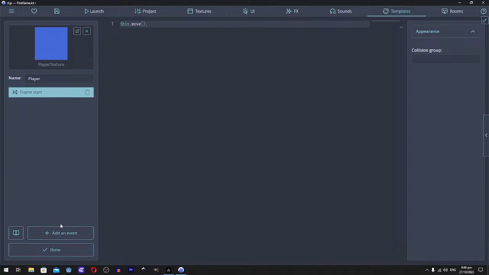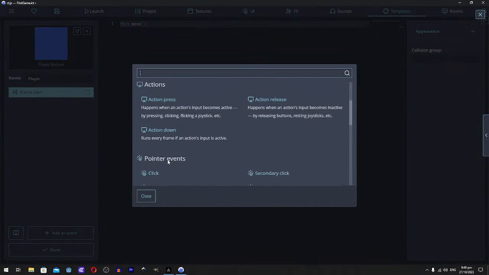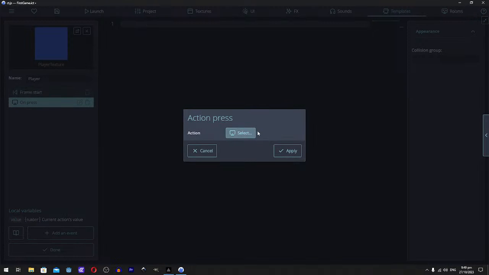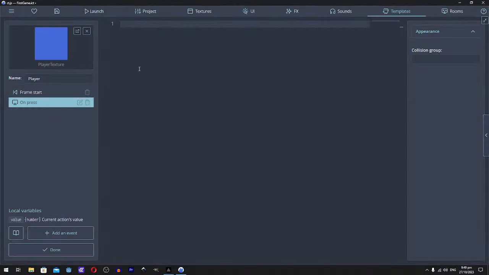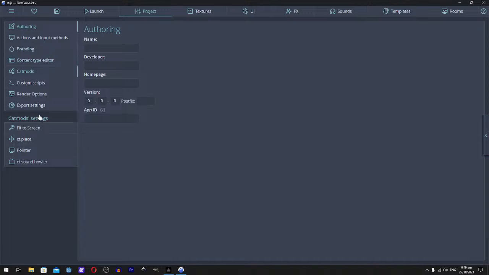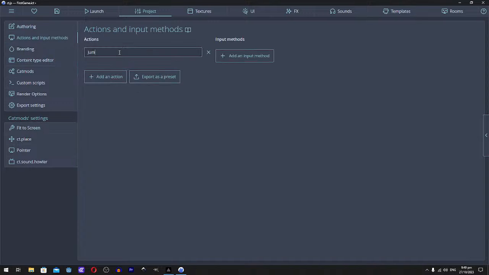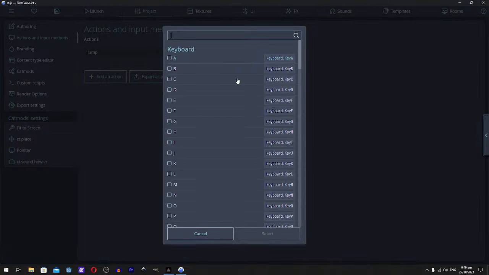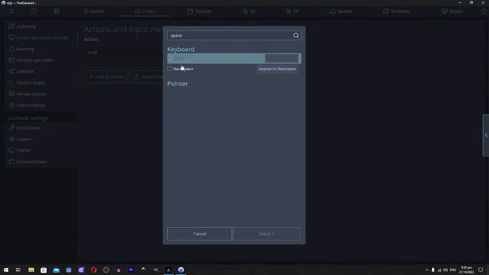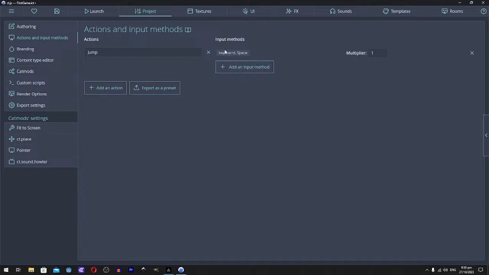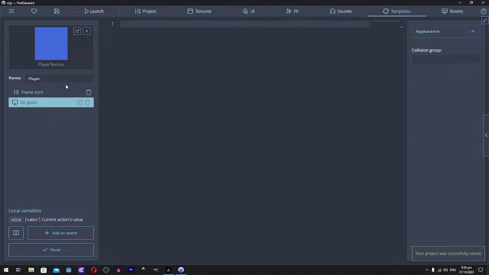not moving. So what I can do is action press. I can select an action by defining it from the project. So let's go to action and inputs, make from scratch. Let's say jump. And in the input method, it's going to be space. So let's add that. I can do keyboard space to make it work, right? So in the template, I can say if